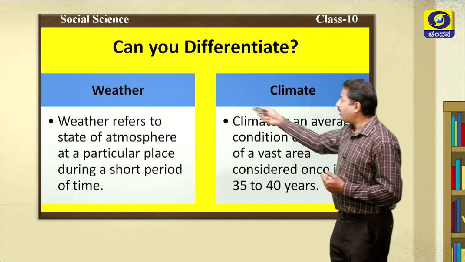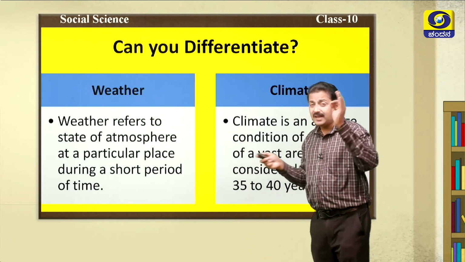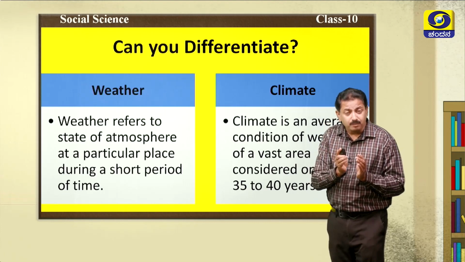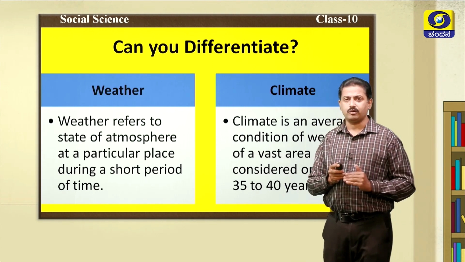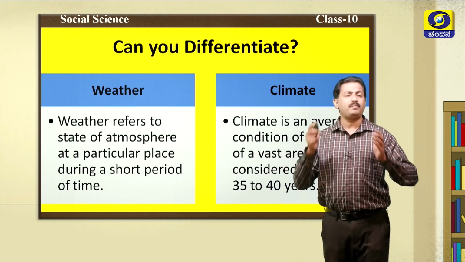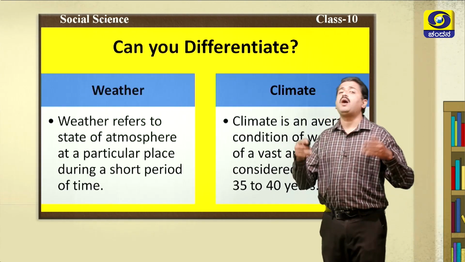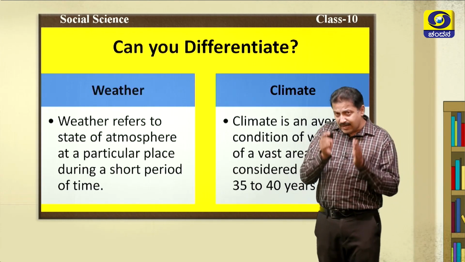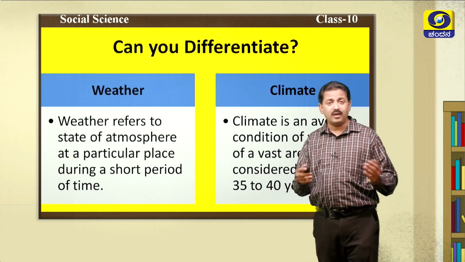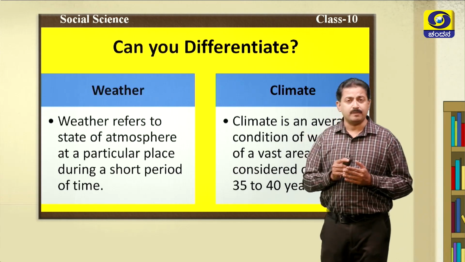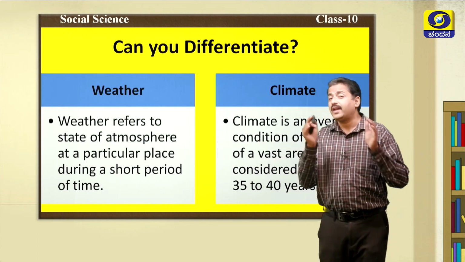Now I explain what is weather. Weather refers to the state of the atmosphere at a particular place during a short period of time. For example, early morning you will have cool temperature, and when you go to school and stand in the prayer hall you will have warm temperature. By mid afternoon, 12:30, 1 o'clock, you have hot or high temperature. In the same school, by evening it becomes cool. When you play cricket or football you will have warm or cool weather. In the same school, after 8:30 or 9 o'clock it again becomes cold.